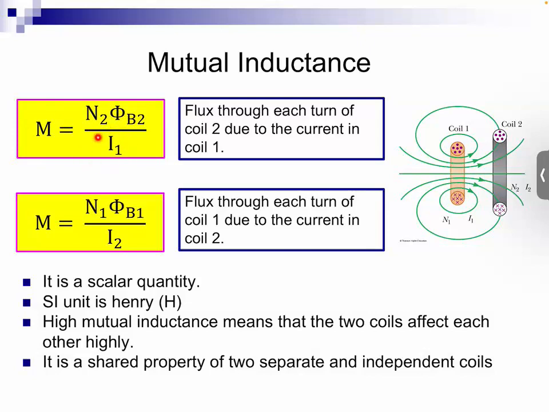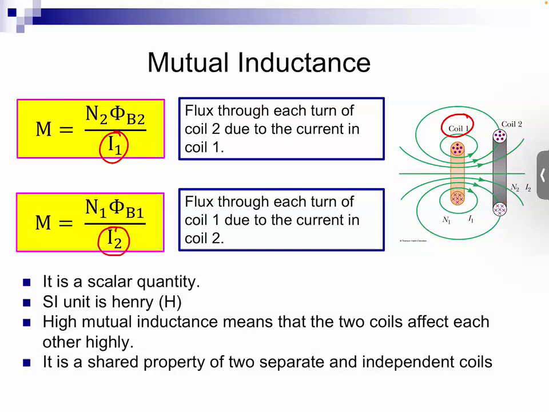if you have a current in coil 1, so that's the current in coil 1, it will create a magnetic field, and the magnetic field created by the current in coil 1 will manifest as flux through coil 2. So the current in coil 1 produces a flux through coil 2, and of course the magnetic field lines through coil 2 will pass through each turn in coil 2. And likewise, if you have a current in coil 2,